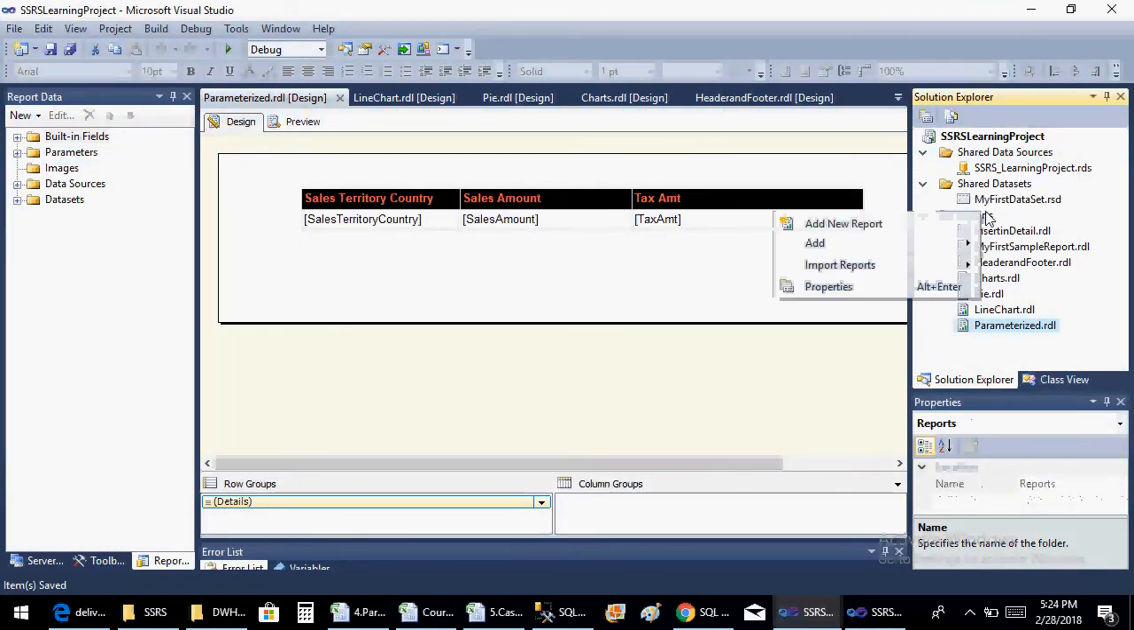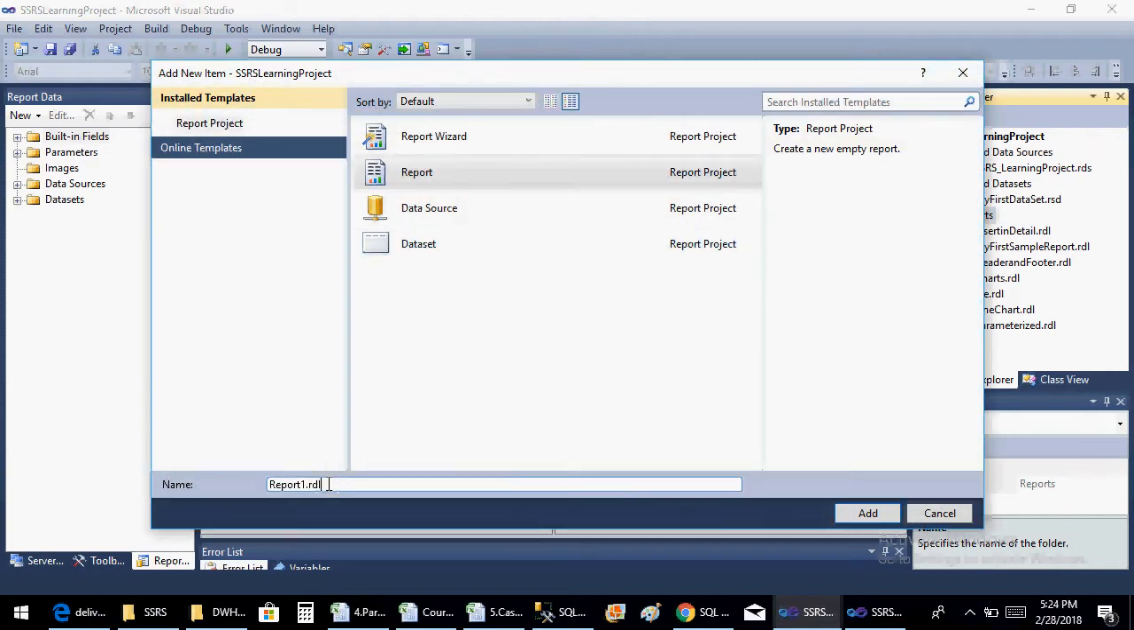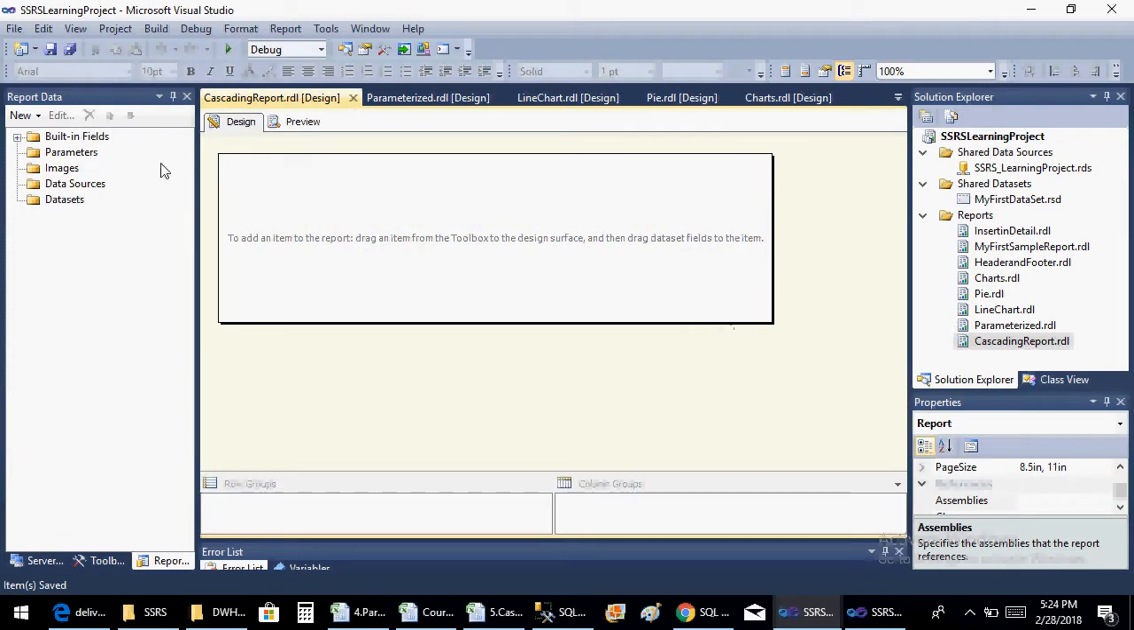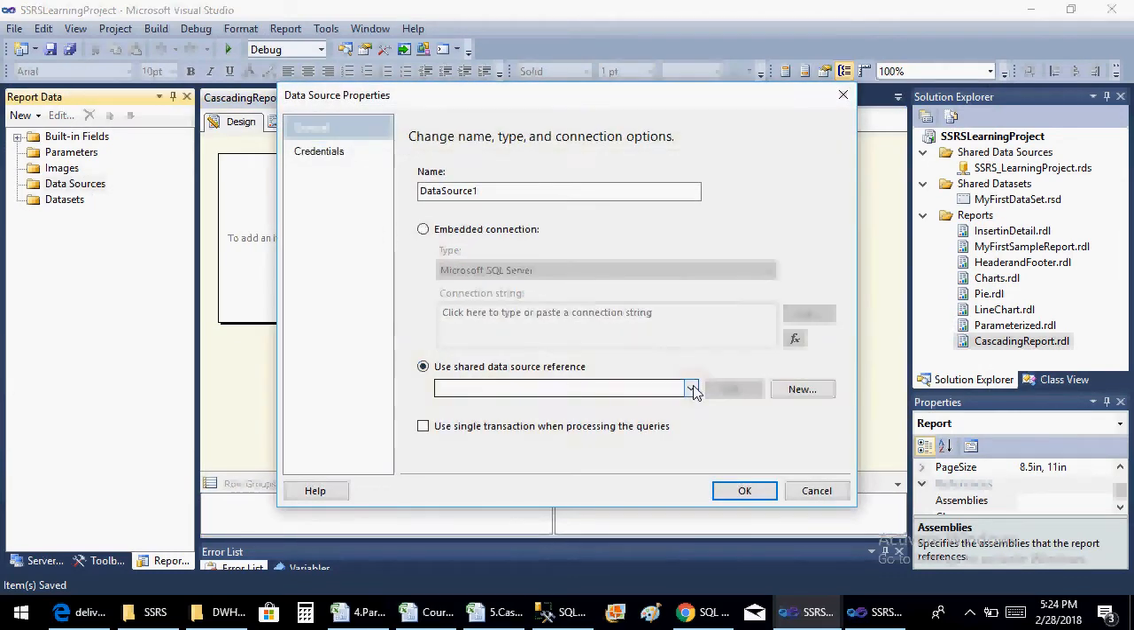Let me add a new report, an empty report, and call it cascading report, and let me add a data source. Here I'll be using my shared data source,